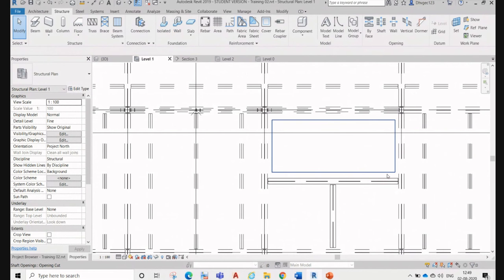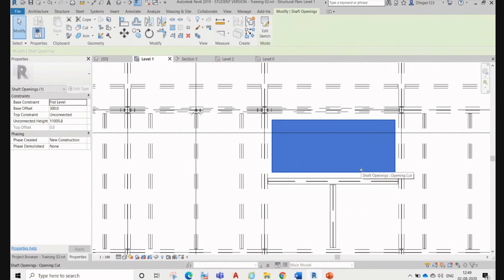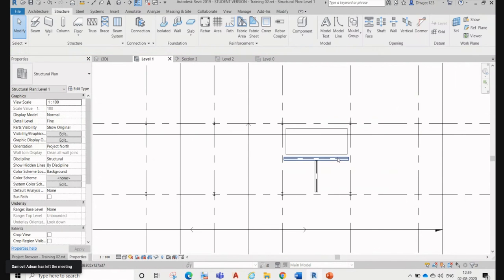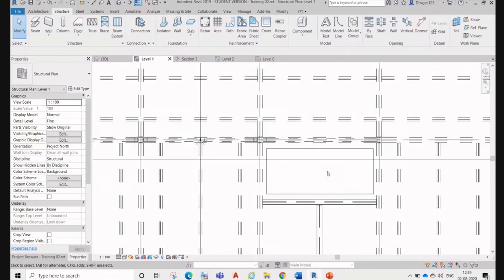Is there a minimum requirement? Suppose we have to cut a shaft opening. How much minimum requirement should be there to place any beam or column like that? See, it's a structural calculation thing, right? You have to analyze that one.